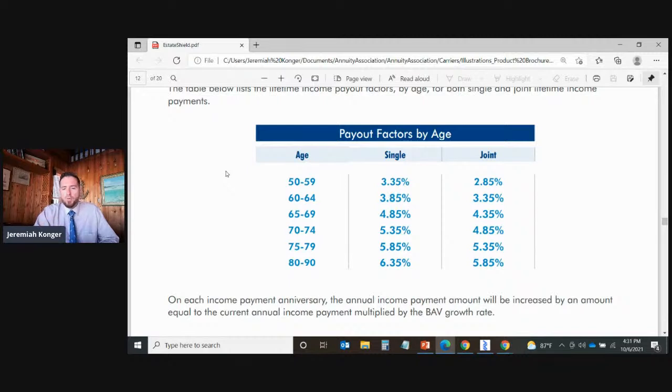That payout rate is multiplied by the amount of the income benefit base, or in this case, they call it the benefit account value. Okay, so for example, if the benefit account value grew to $100,000 during the 10 years of deferral, and you're age 60 turning on income, your payout amount would be factored by multiplying the payout rate, 3.85% in this example, multiplied by the $100,000 in the benefit account value. And so your annual payment would be $3,850,